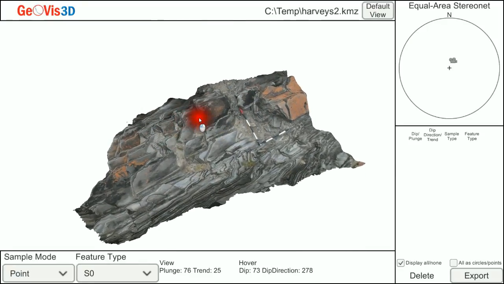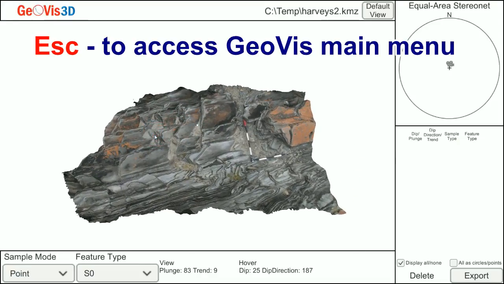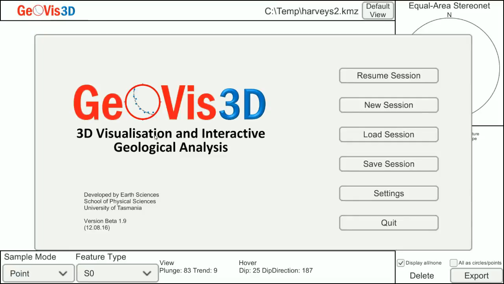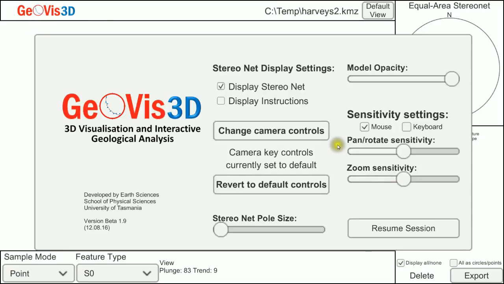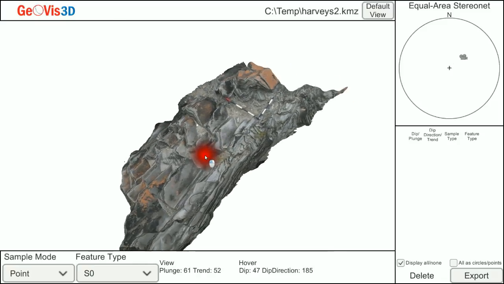At the moment you'll notice that the movement of the model is relatively slow. To access the main GeoVis menu, hit the Escape key, and in the Escape menu we'll go into the Settings options. The Settings options has sensitivity options for the mouse and also for the keyboard. So I want to increase the sensitivity for the mouse, and while we're here we'll also increase the keyboard sensitivity as well. So there are two different sensitivity dials, one for pan and rotate and a second sensitivity for zoom. Now resume the session to return back to the model. So now with the left mouse button I can grab the model